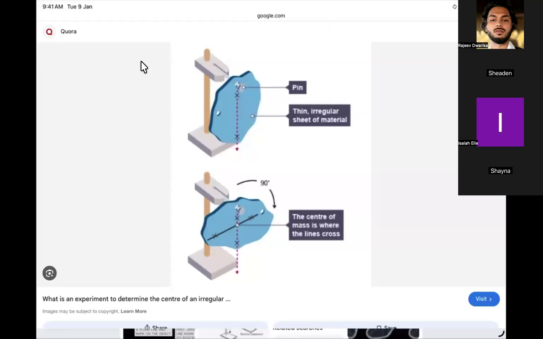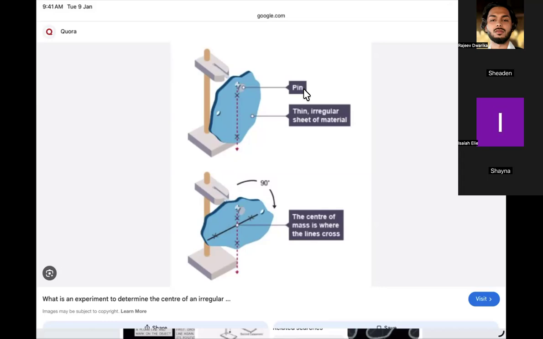So here we're working with an irregular shape. Does everybody understand why that would be hard to figure out where the center of gravity is? Yeah or no? Isaiah, you understand that if you have something that isn't a rectangle, a square, or a circle, it would be hard to figure out the center of gravity? Okay. Shay, what about you? You understand that, right?